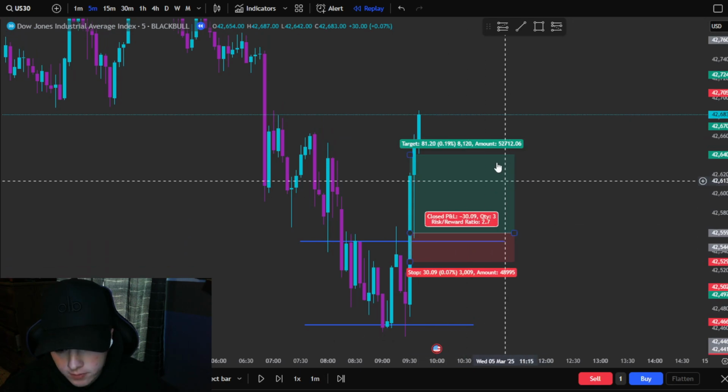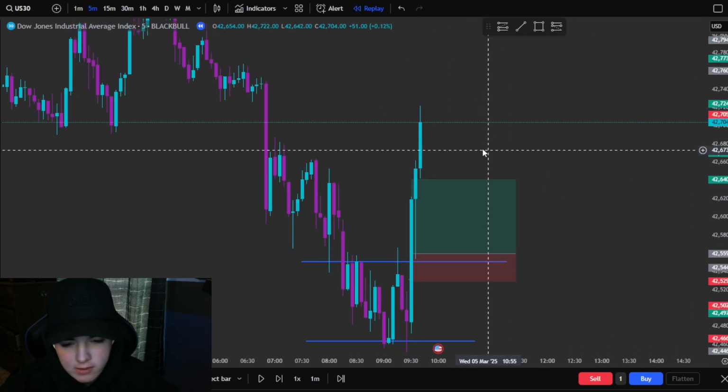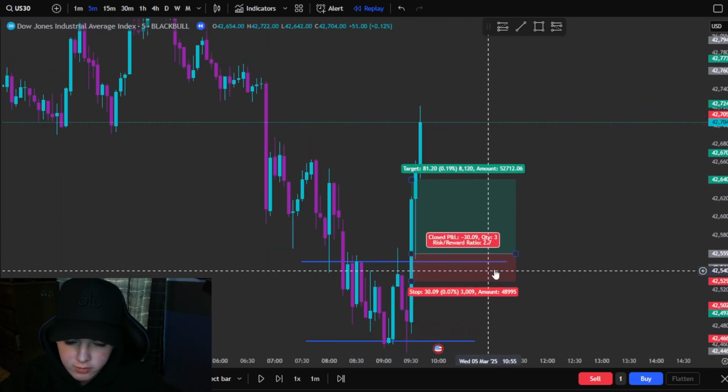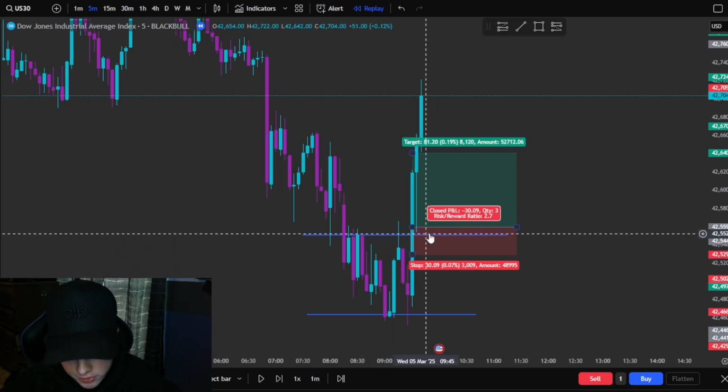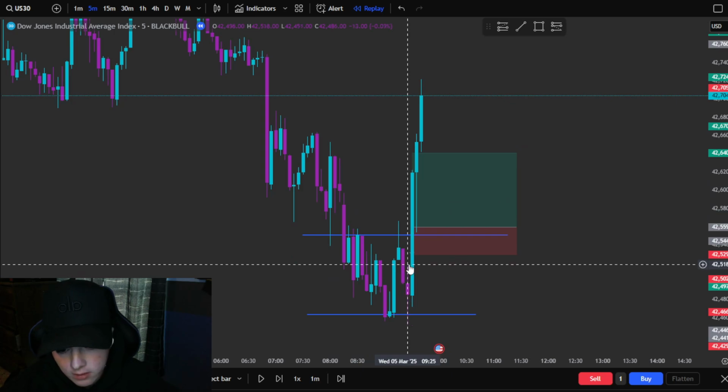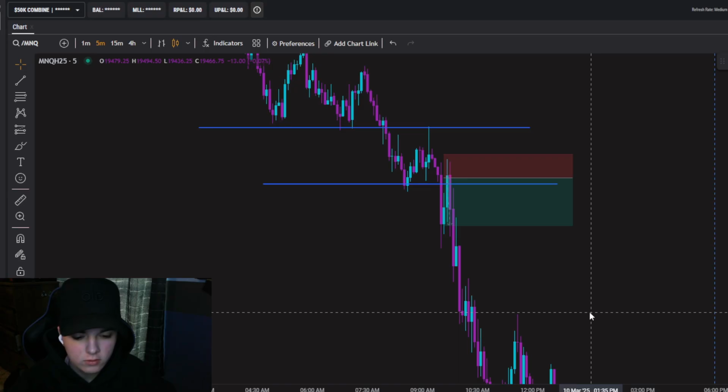And there we go. Take profit hit. Again, it was very simple. Came down, wicked out this area, flipped bullish, pushed up, and just had our take profit. So one thing I see all the time with very successful traders is, people always saying that they're getting some